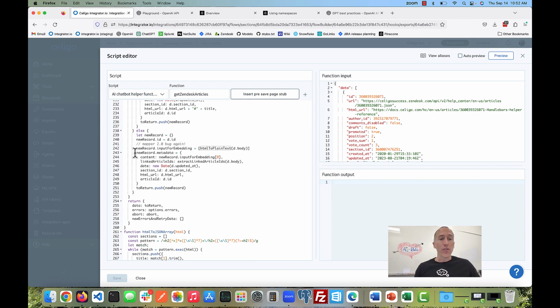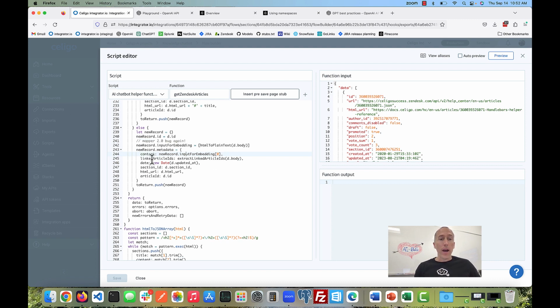The metadata that I store around the embedding in Pinecone: I have the content of the article itself. I have the date that it was updated. I have some metadata about the section that the article lives in Zendesk. I have the article ID, of course, and then I have a link to the HTML URL as well, because when I use this source to answer something, I'm always providing links back to the things that I used to